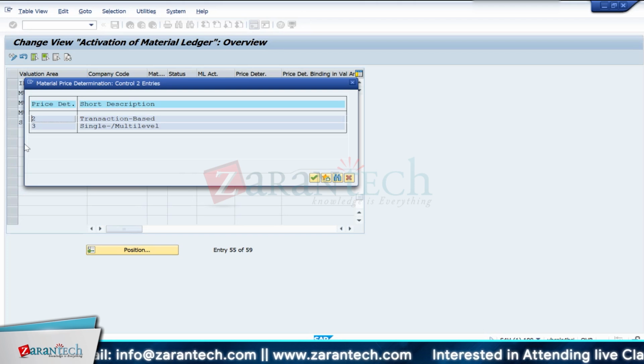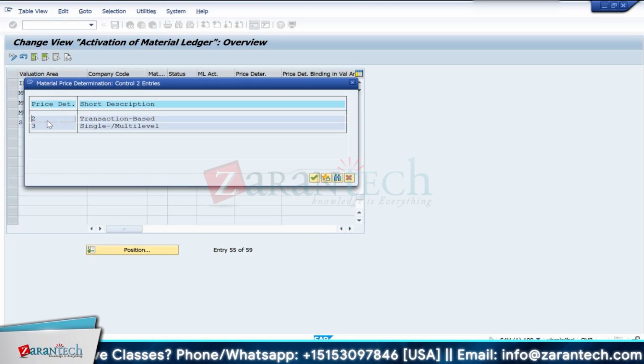See, you want to activate the material ledger, but you don't want to use it. Let's say, from the system perspective, it's mandatory, right? In that case, you want to activate the material ledger, but you don't want to use its functionality. In that case, what will you select? You will select